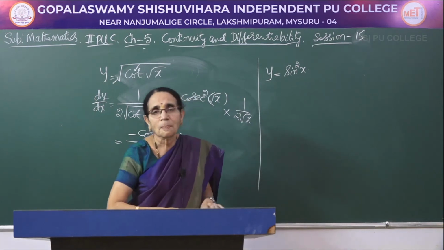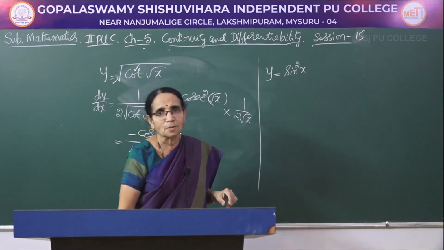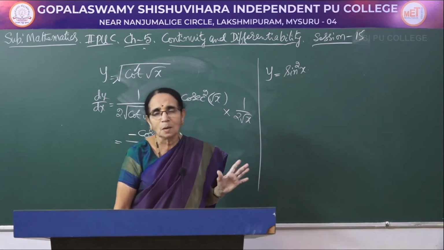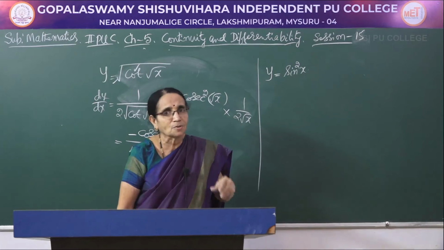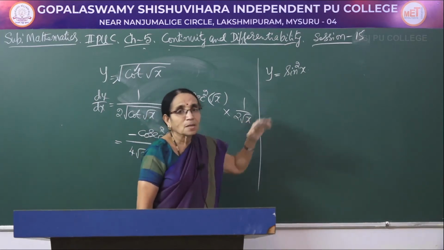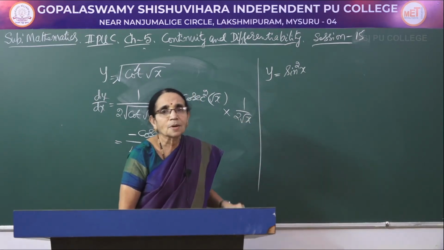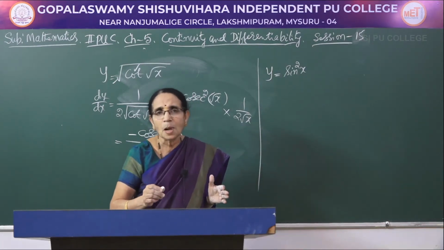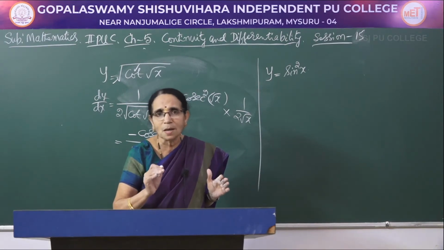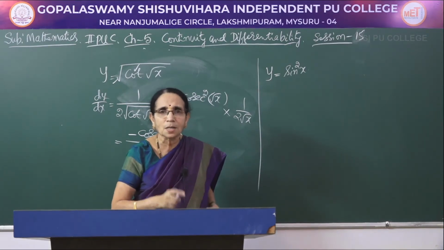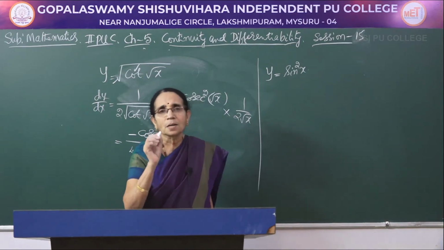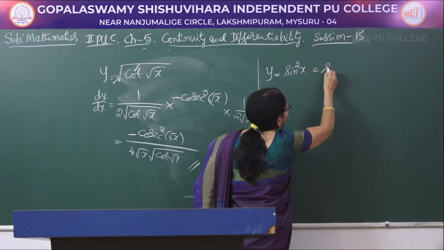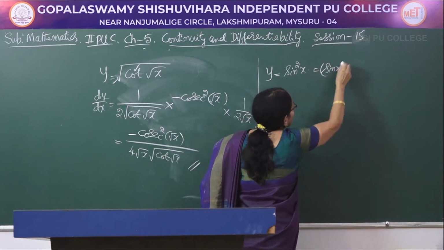What's the difference here? I had taken sine of 2x. While copying the problem, be careful. I had taken sine of 2x, which became cos of 2x into 2 in the earlier session. Now I am taking a power for that function, sine square x. So when I was teaching about composite function, I told you if the power or the degree is other than 1, first preference should be given to the degree to apply the formula n into x to the power n minus 1. Now let me write this as sin x whole square, isn't it?